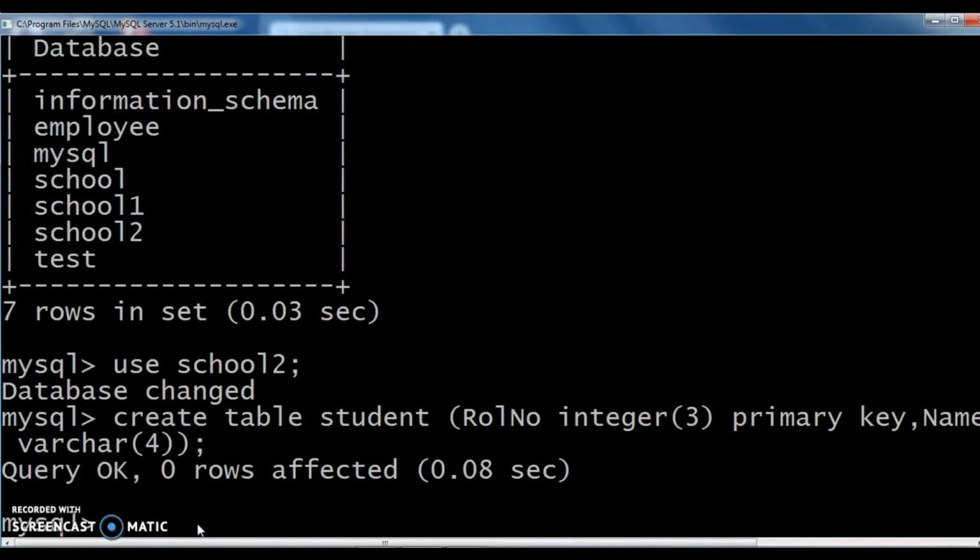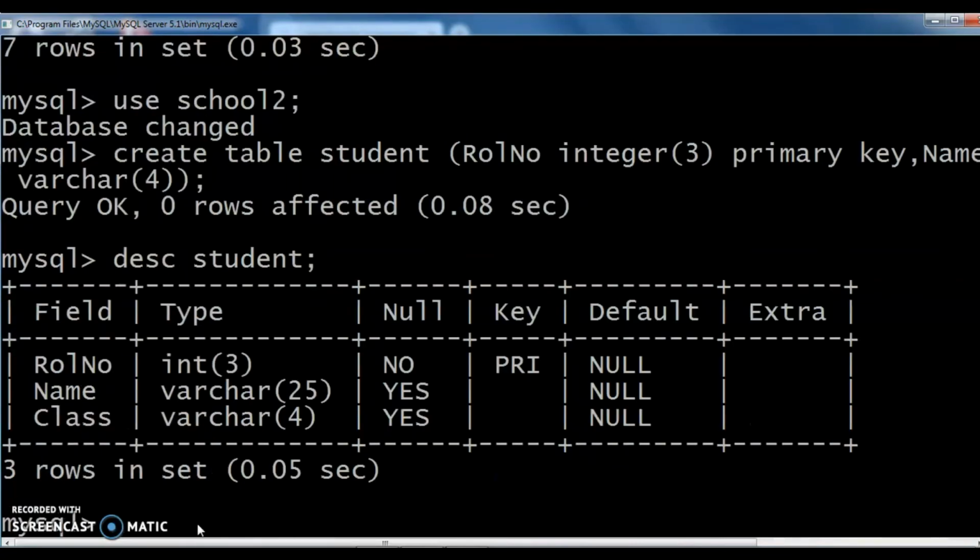Okay, then how can we check this table student? For that, we can use describe or DESC query or command. DESC student. Check this one. Field, type, null, key, default, extra.